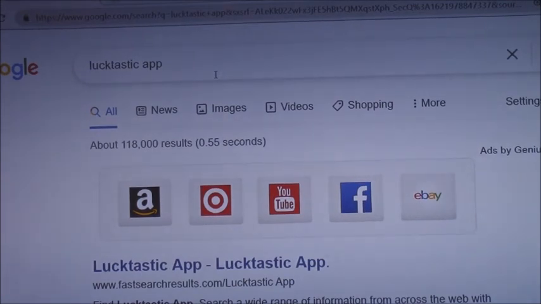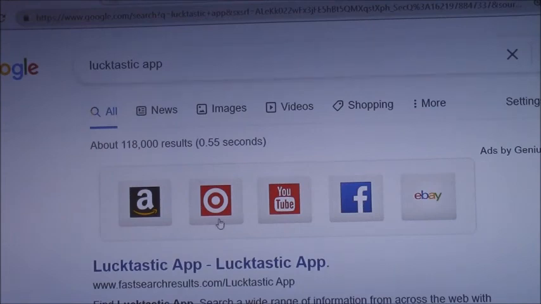You can go to google.com and then you're gonna download the Lactastic app, just like this. And then you can go to bing.com or google.com or Firefox. Any browser will do.